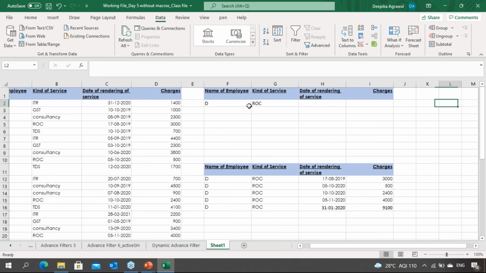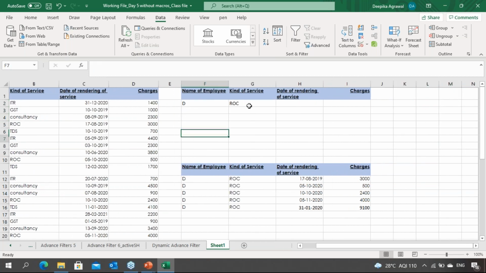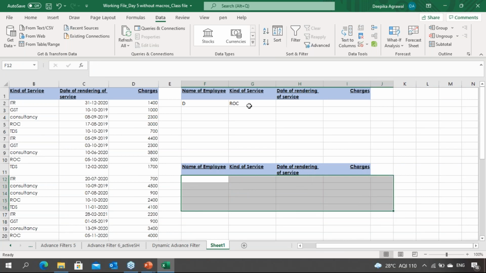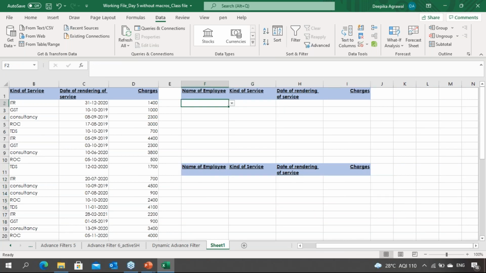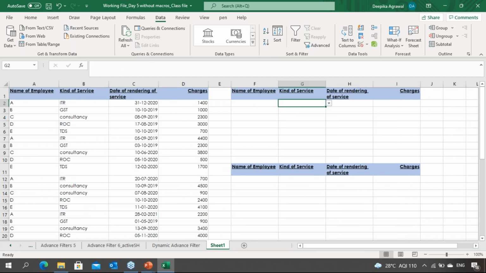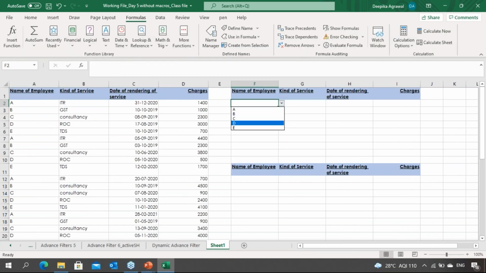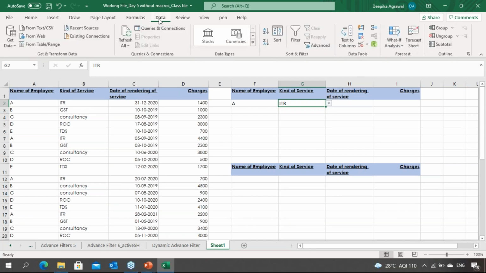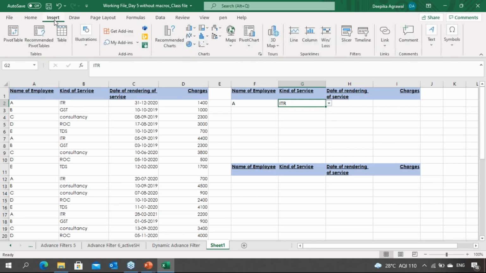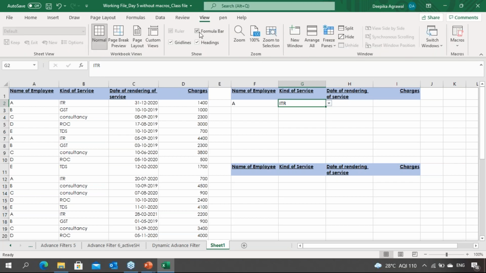अब हम यहाँ क्या करते हैं, हम एक बार ये सारा डेटा यहाँ डिलीट कर देते हैं, ठीक है। और मैंने यहाँ इसको बोला कि मुझे यहाँ देखना है A और उसके ITR सर्विसेज। हम यहाँ मैक्रोज में जाएंगे, so I get confused. So this is View. Go on the View tab, there is a macros. You have to go for